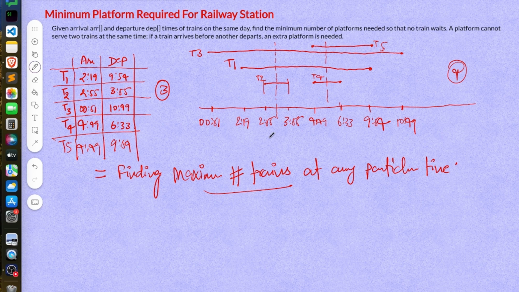So to solve this problem, what we will do, we will first sort all these arrival time, departure time combinations based on the arrival time. So we will sort all the train data based on the arrival time. So if you sort this,